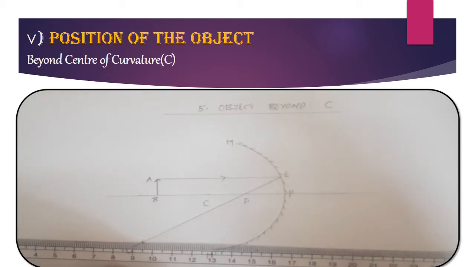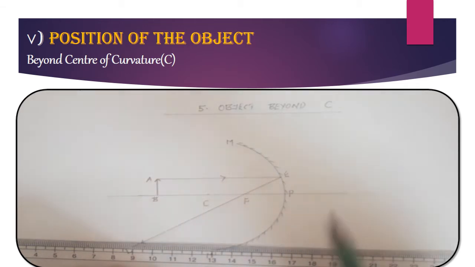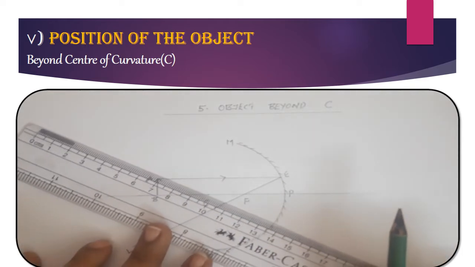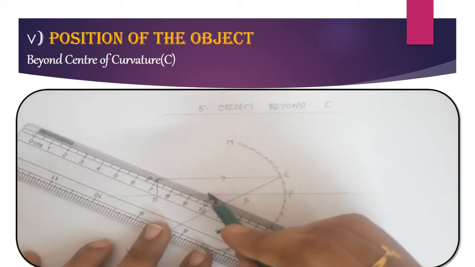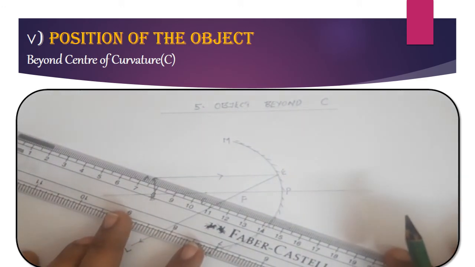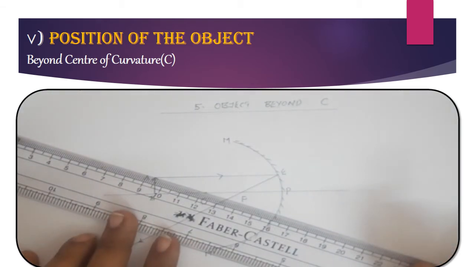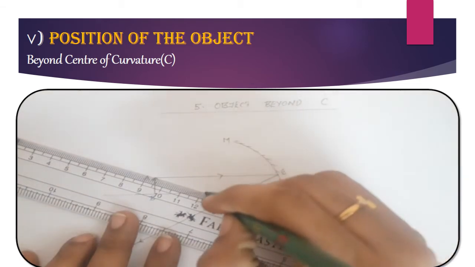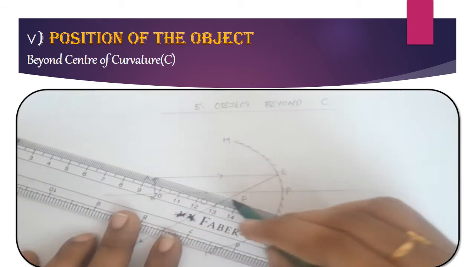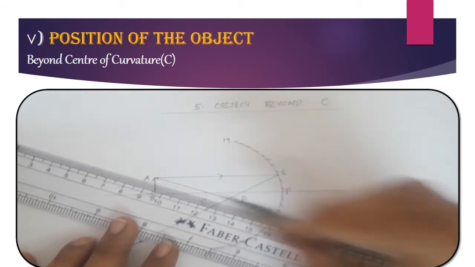The second light ray or the incident ray enters through the center of curvature and retraces back along the same path. So this is our center of curvature. See, this is the tip of the object. So when we place it, make sure the light ray coming out of the tip of the object touches the center of curvature and the reflecting surface. So here is our light ray that is incident and it is getting reflected along the same path.